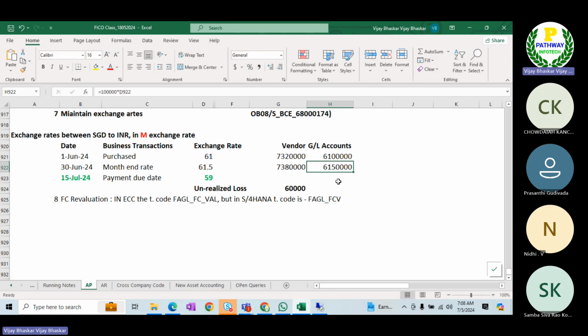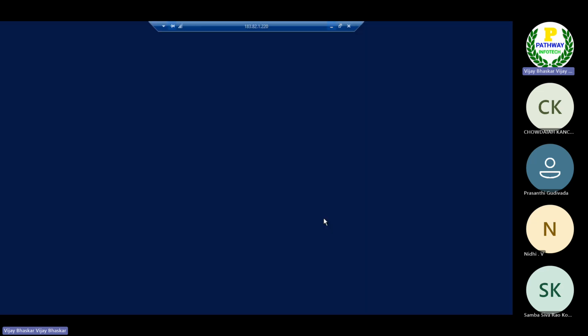Now I'll calculate the same. You can see here the difference. Let's go to the current price minus 50,000. Okay, this is the loss. Now these values should be reflected in your valuation. For GL account valuation, it should be a 50,000 loss. For vendor, the loss should be 60,000. Let us see whether the system has calculated the same or not.